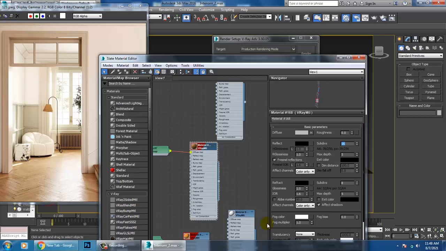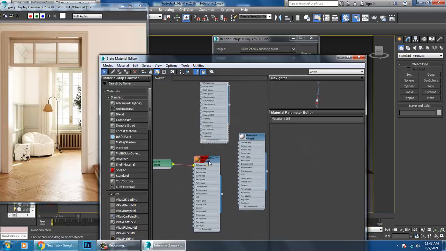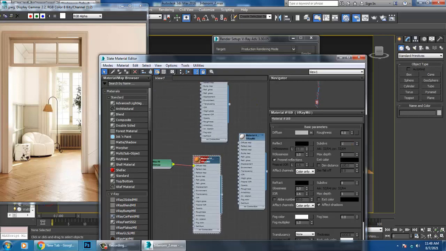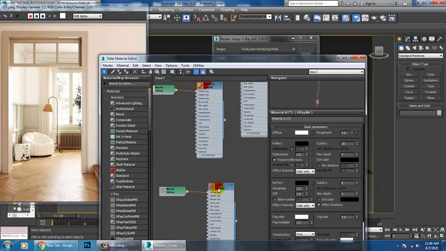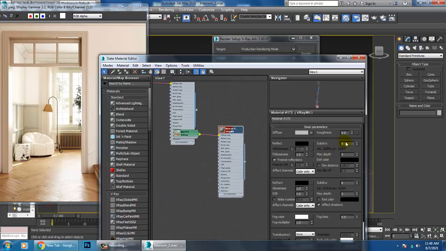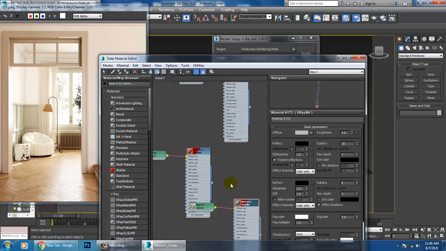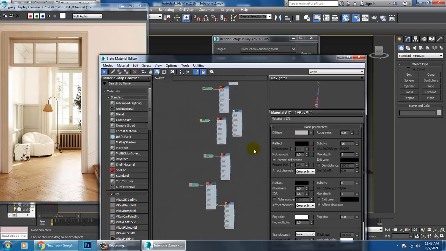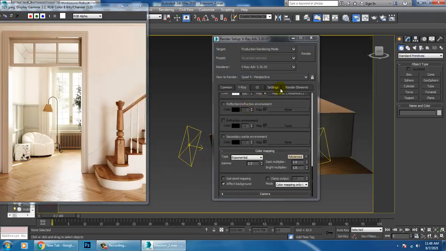Alright, once you're done over here, I can go into the settings.